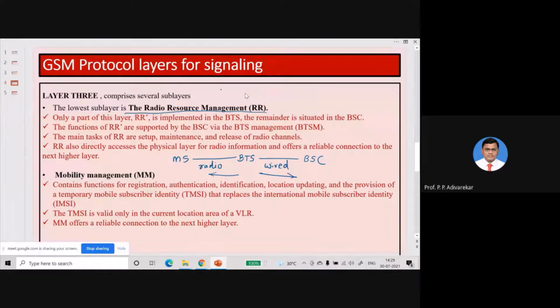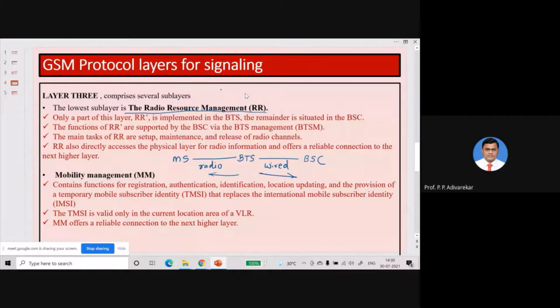Okay, so the functions of RR dash are supported by BSC via the BTS management layer. Okay, because towards the BSC the connection will be the wired one. We know that. So whatever functions RR dash is implementing, those are adapted for wired connection via the BTS management layer.